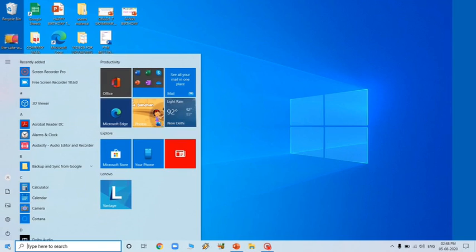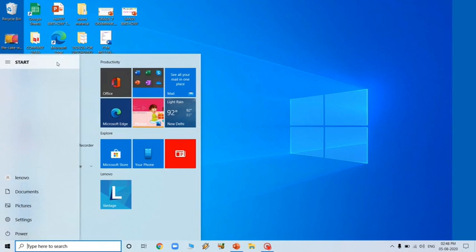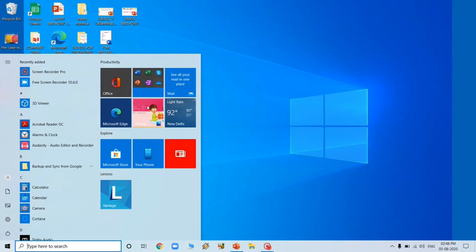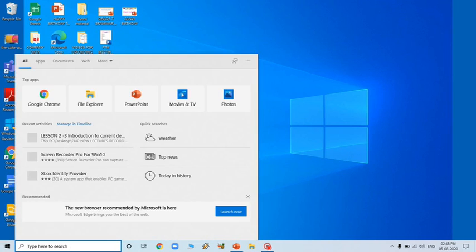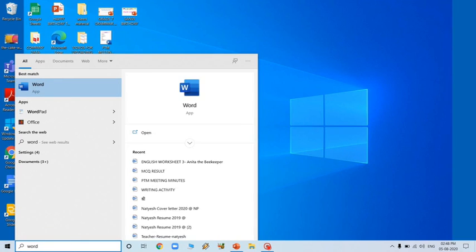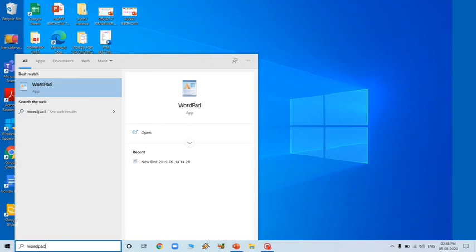You can just click here in the start menu. In lower versions of Windows you will get an Accessories option here, from where you can find WordPad. But since I'm using Windows 10, I just need to press here and type WordPad.